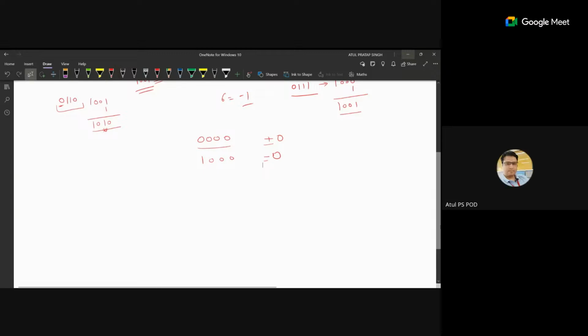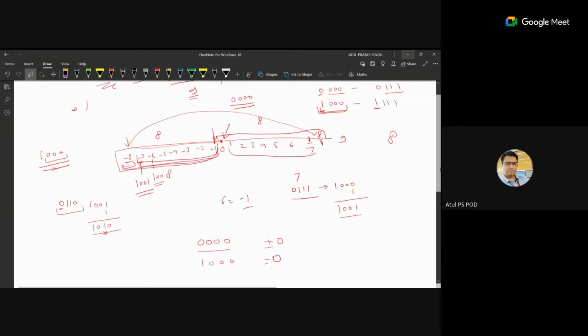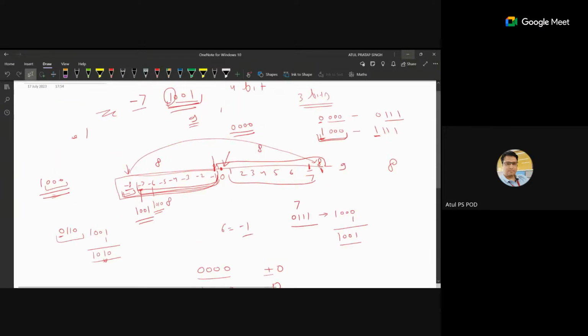No, the negative range is starting from -1. Let me see this question again. Yeah, the negative range we will write in the same way. So -1 is called a negative. If the negative range is starting from -1, then it should reach up to